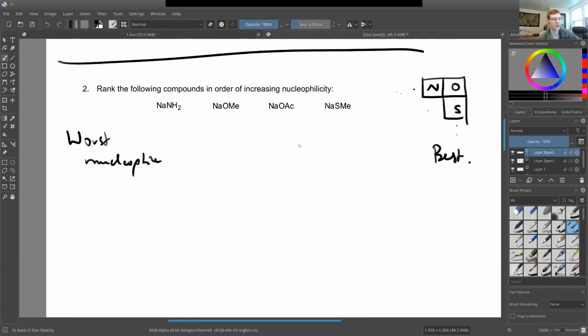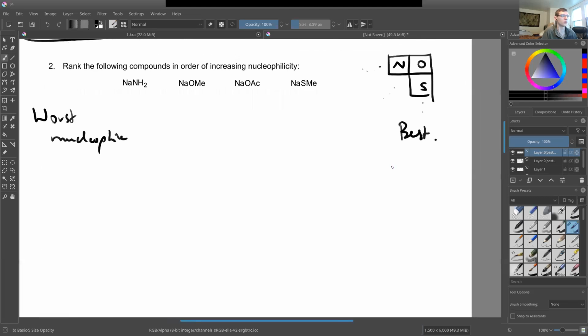Does any of them really stand out as being a good choice or a bad choice? Would the sulfur one be the best one because it's the most polarizable? Yeah, exactly. I agree with you. So, yeah, we could say,